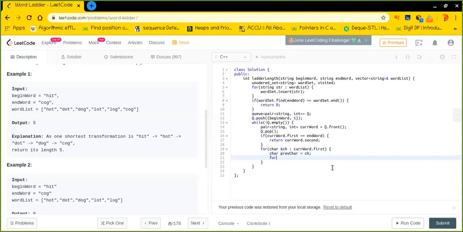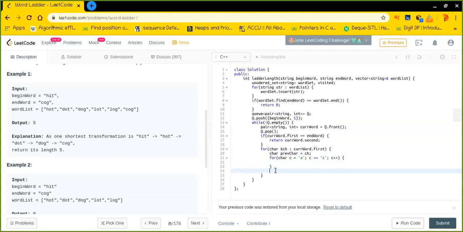Then we will be changing each of the characters with all the English alphabet that we are having, and we will then move to the next character and so on and so forth. So it will be varying from A to Z by moving forward. After doing some stuff here, the entire character will be changed.